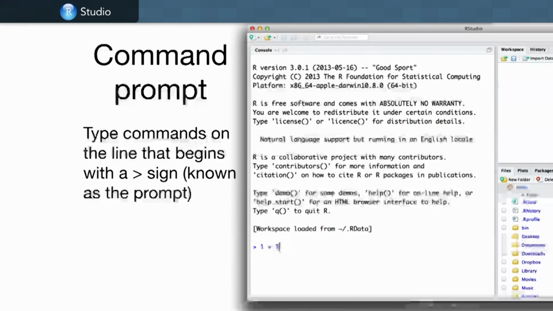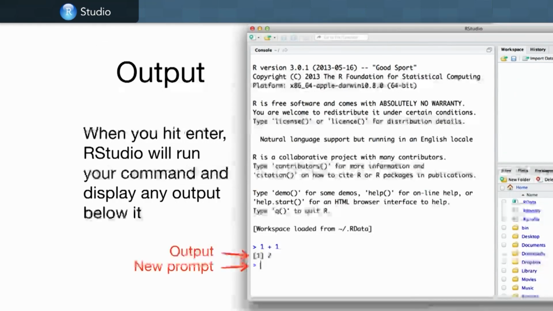To begin with, you could type in any sort of math you can think of. R knows math, so you could use the R console as a calculator until you learn more things. So if I typed in 1 plus 1 at the command prompt, then I could hit enter, and what RStudio will do is return the answer that R generates based on my command. So the answer to 1 plus 1 is 2. R's smart like that, it knows that. And what the console shows us